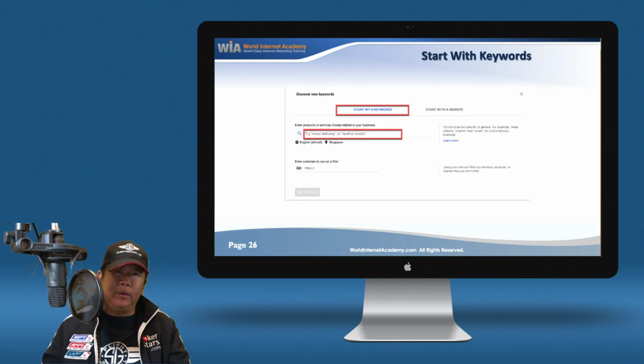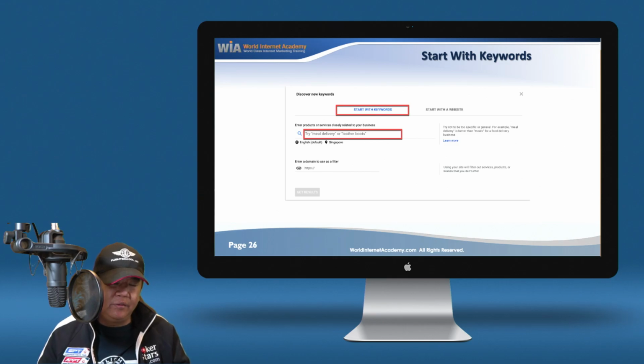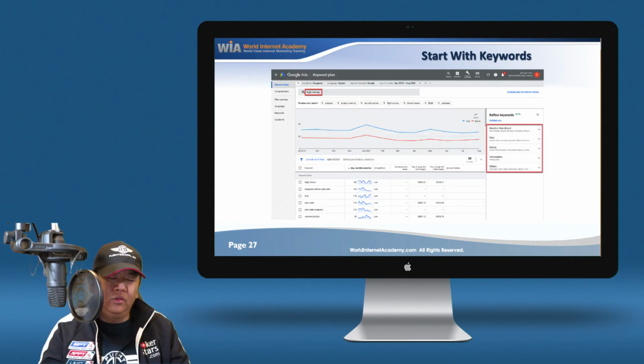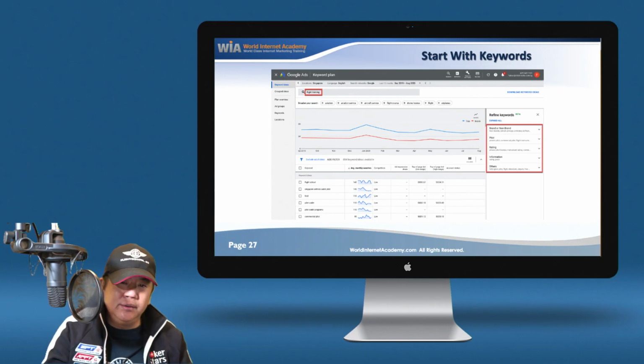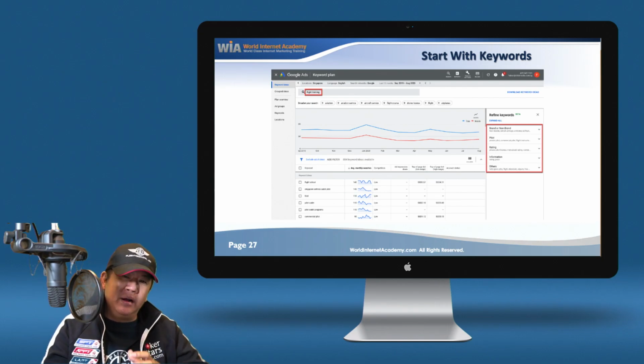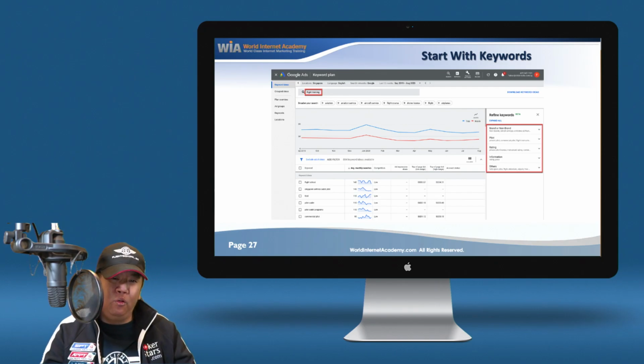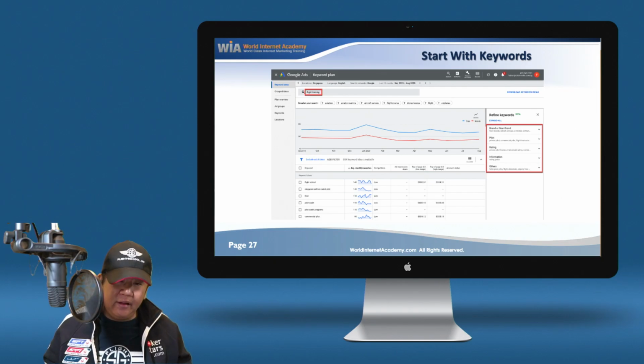Now, once we get to Keyword Planner, we pretty much have two options to take. The left option is start with keywords, the right being start with a website. So it starts with entering a seed keyword, and that's a beautiful part about keyword intelligence. You don't need to have a bunch of keywords ready to rock and roll. You just start with one, and from one you discover more, and Keyword Planner does a fairly good job helping